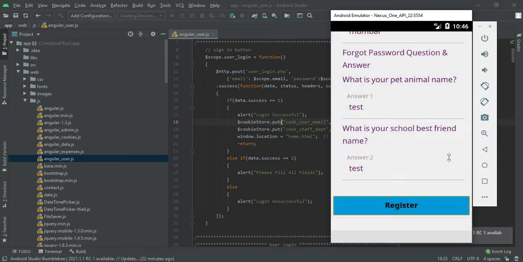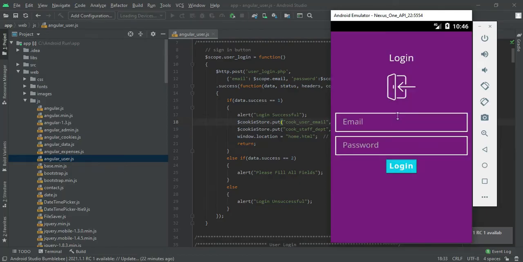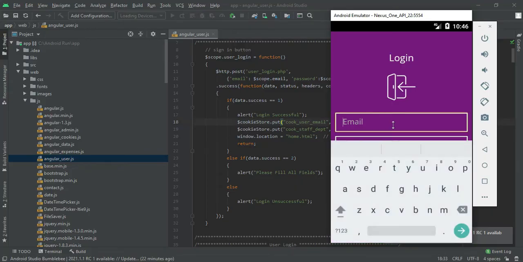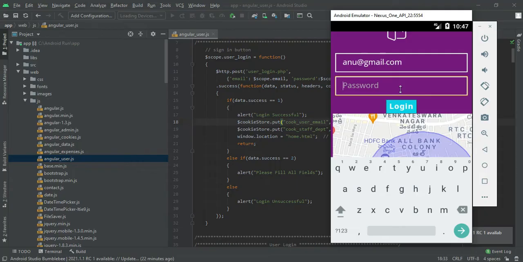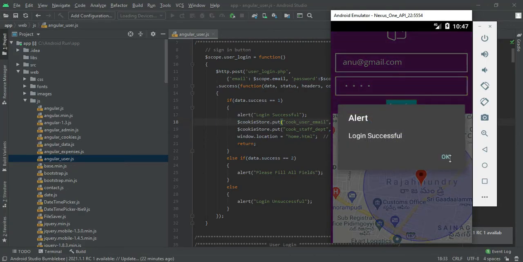It is registered successfully. I have registered a new user, anu@gmail.com, and password is test. While you are logging in, the latitude will be captured from here. You can view the red bubble.